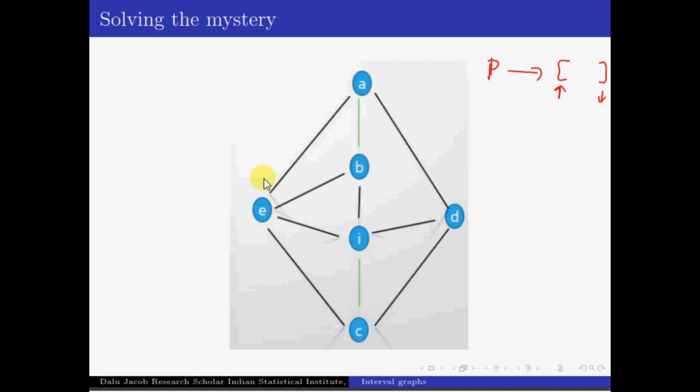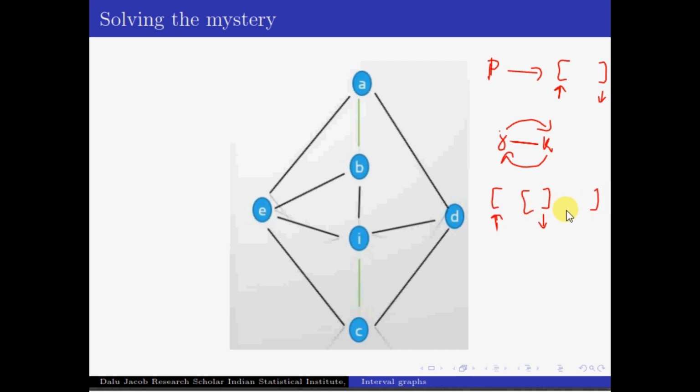Suppose there is a professor J and a professor K, and whenever there exists an edge between J and K in this undirected testimony graph, it means that either J has seen K or K has seen J. This is only possible when the time interval of J has some intersection with the time interval of K.